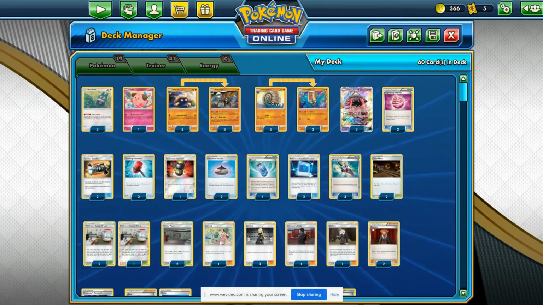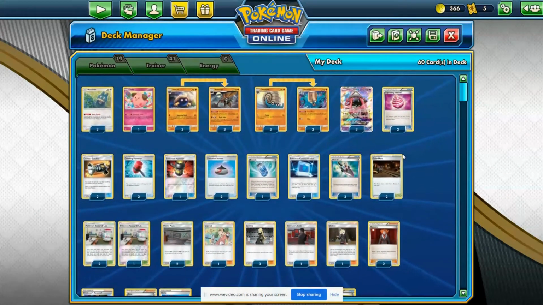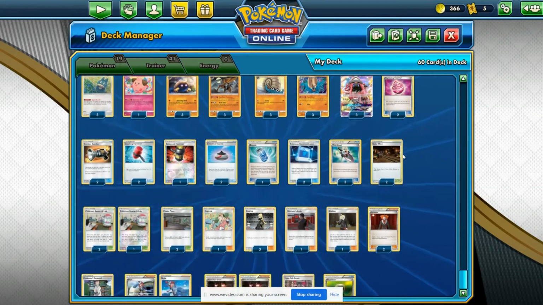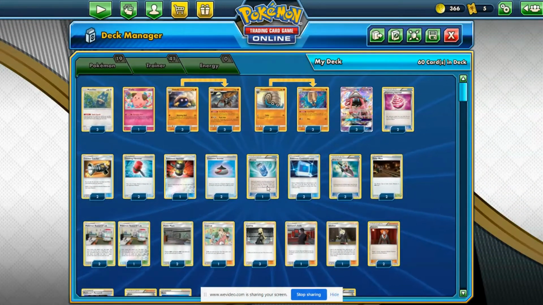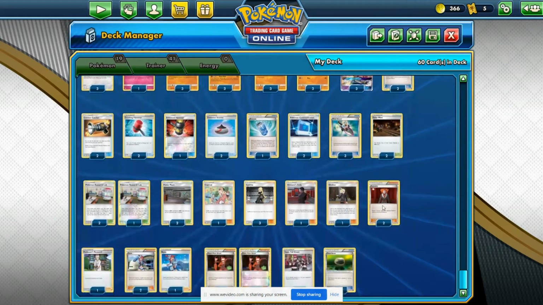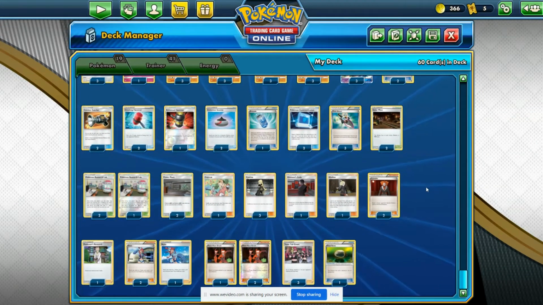So we are basically trying to make sure that they can't attack, by cutting off their energy supply with a lot of Team Flare, Team Yell, a lot of hammers, and then we also have a Lysander to make sure we call out a Pokemon that has a high attack cost and retreat cost, a heavy Pokemon,